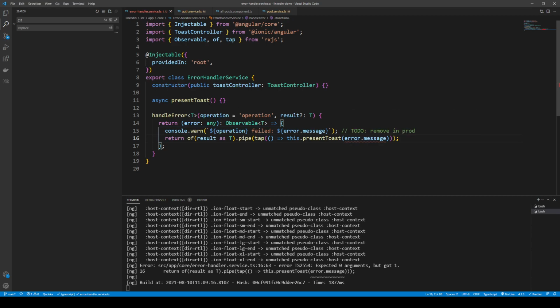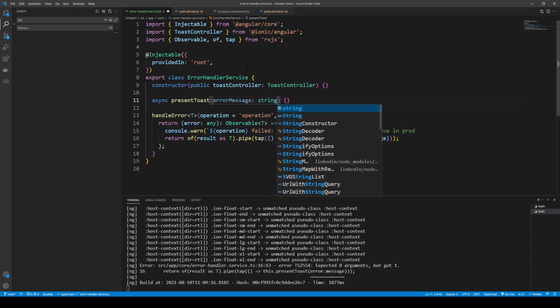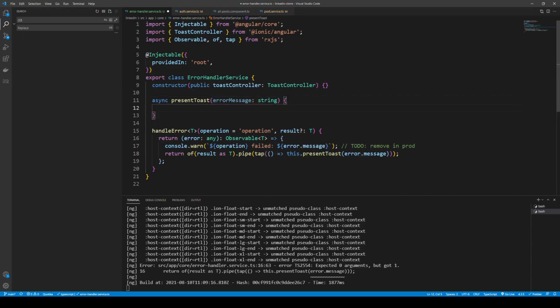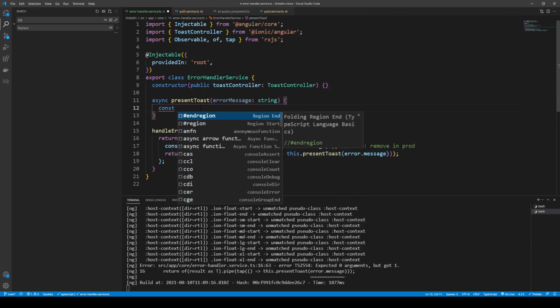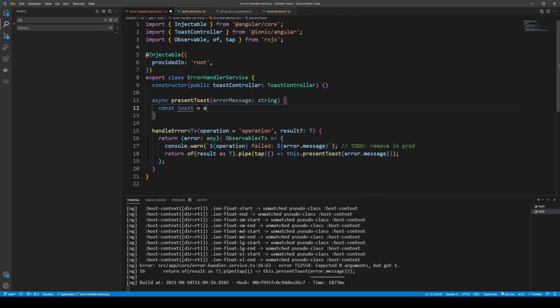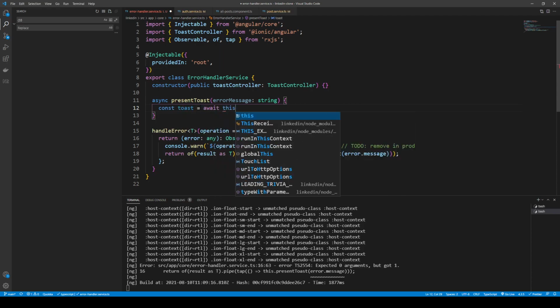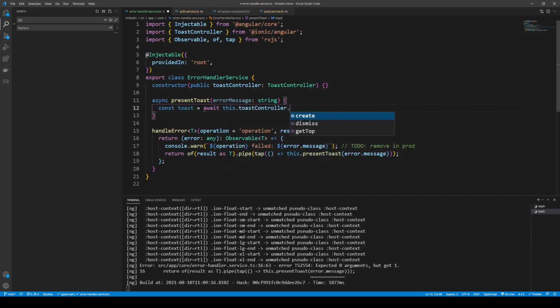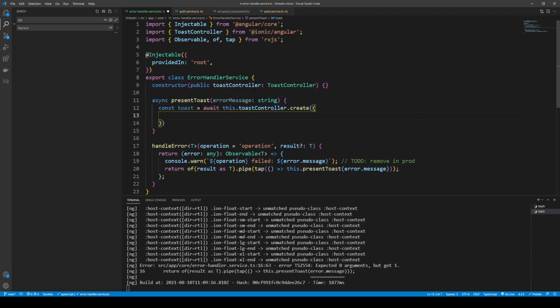And then of course we need to add the error as a parameter. I'm just going to say the error message is going to be of type string. And then we can open up our code block here. Now we have our parameter set and our argument passed in to the function. And we can say, all right, we want our toast, and we need to await the creation of the toast from the toast controller. And there's a create method there, which takes in an object,